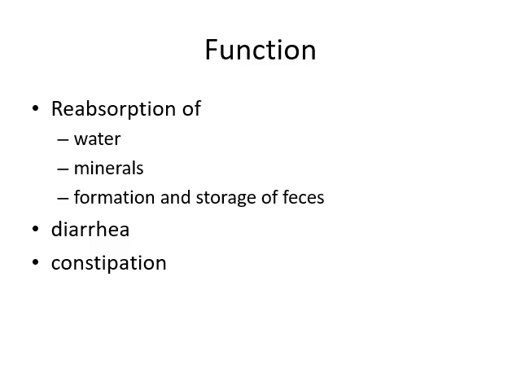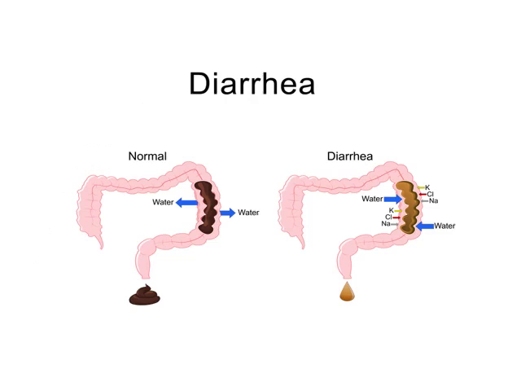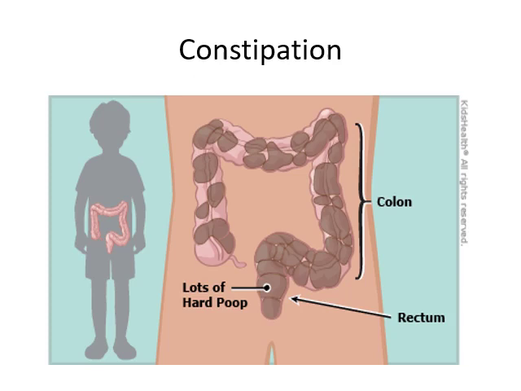then this is constipation. Here is the normal condition, where less water and solid waste move outside, and in the diarrhea condition there is more water, more salts, and liquid-like material passed to the exterior. Constipation: in constipation the fecal movement slows down in the large intestine and is stored at the rectum, and lots of hard stools form and are very hard to pass out, sometimes causing bleeding.